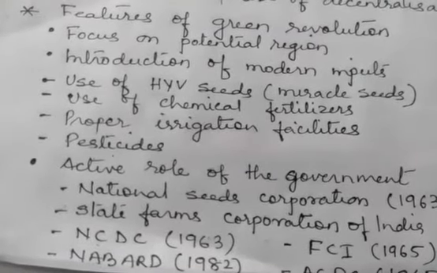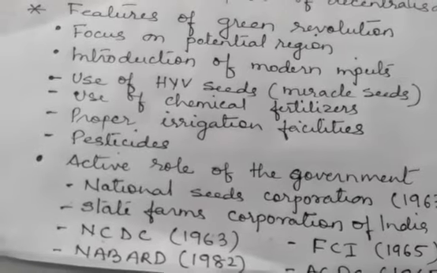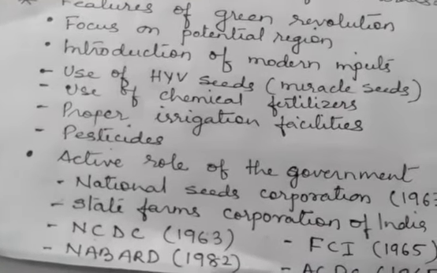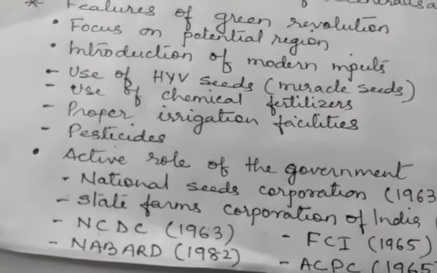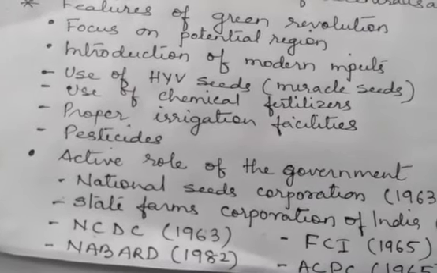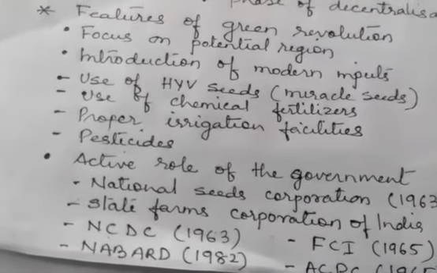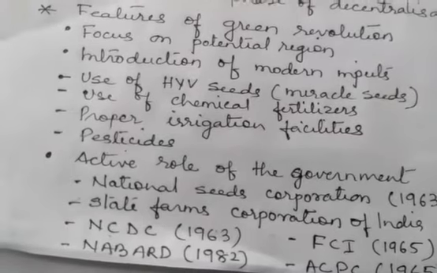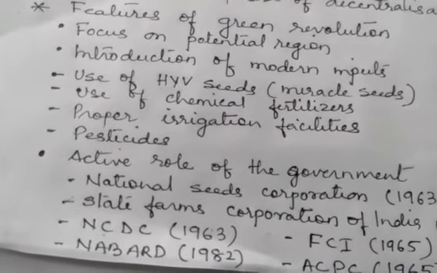It also resulted in an increase in the use of pesticides to treat the pests which were otherwise affecting agricultural production. So these features, apart from that, there was another feature